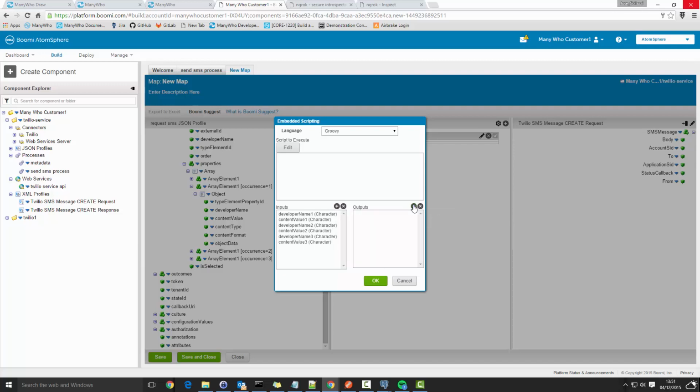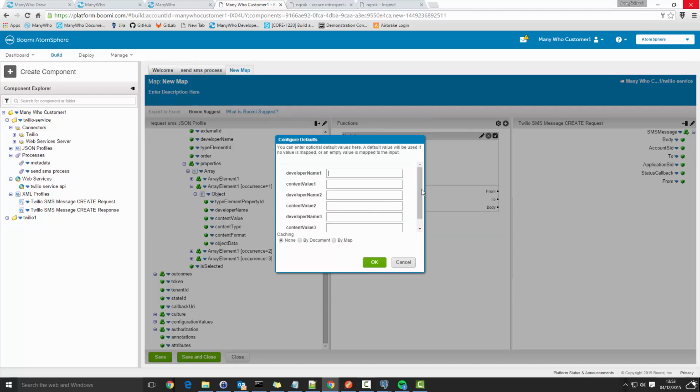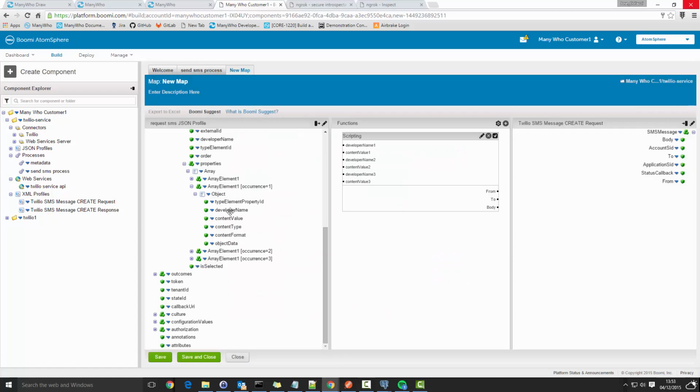And this information is going to be translated to from, to, and body. We are going to do this map with a JavaScript. This is the script. So we don't need to know in which order each element is sorted in the array. We are going to connect